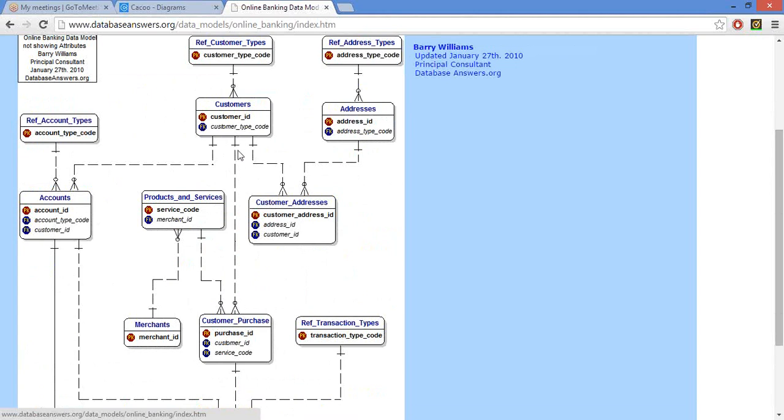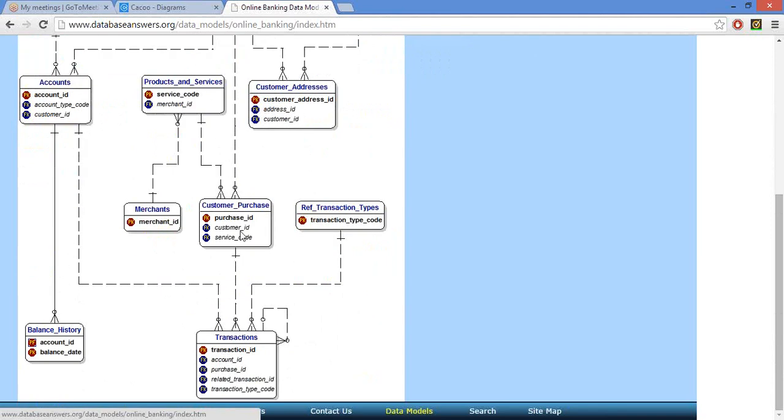Okay, then that is a non-identified relationship. And that purchase is including the service or product. Okay, that is also non-identified. One product or one service mandatorily should be included in the customer purchases, or optionally many. And at the same time, those products and services are provided by the merchants. And those customer purchases can be included as a transaction, that is mandatory one, but the transaction side,